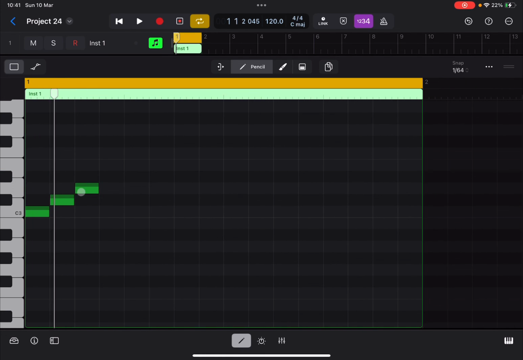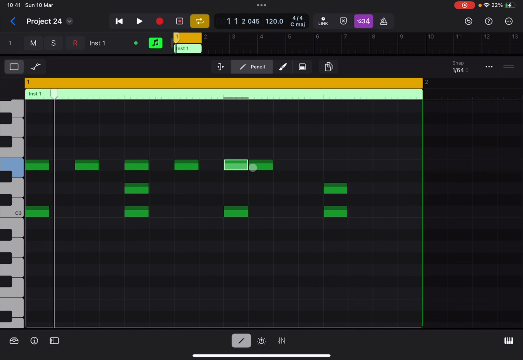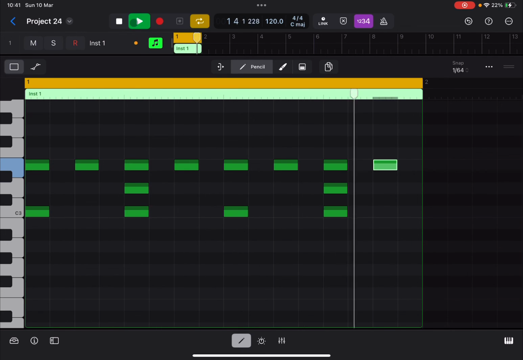Let's adjust something like that, and let's say that we create a simple pattern like so, and then we do something like that. Now you can achieve this without multiple tracks, and it sounds like so. But the beauty of it is because there are different pitches,